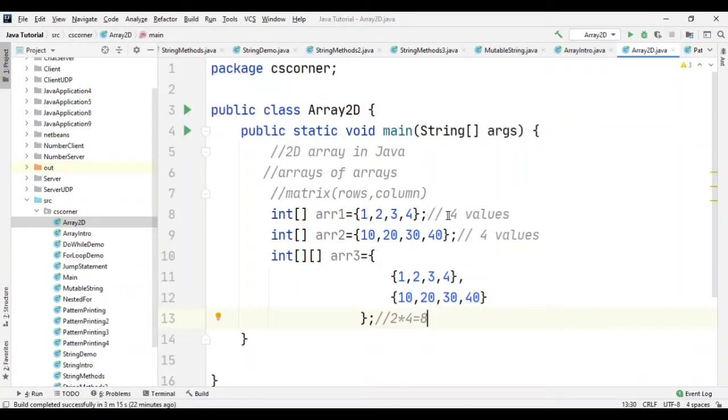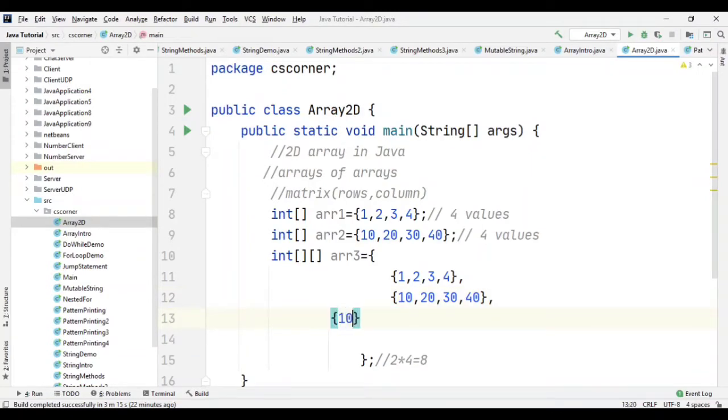You can see here also we had 4 values in ARR1 and 4 values in ARR2, so a total of 8 values. Similarly, if you are creating a two-dimensional array, it will also have 8 values. So how am I getting 2 over here? Because I'm having 2 rows over here. So this comma decides what? Rows. So now what I'll do, I'll add one more comma and now let me add one more row.